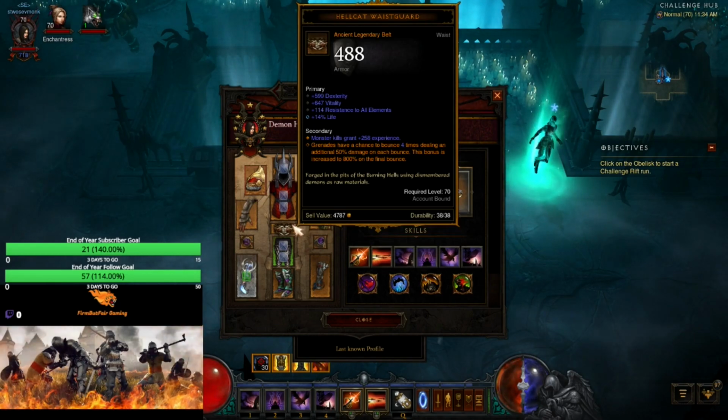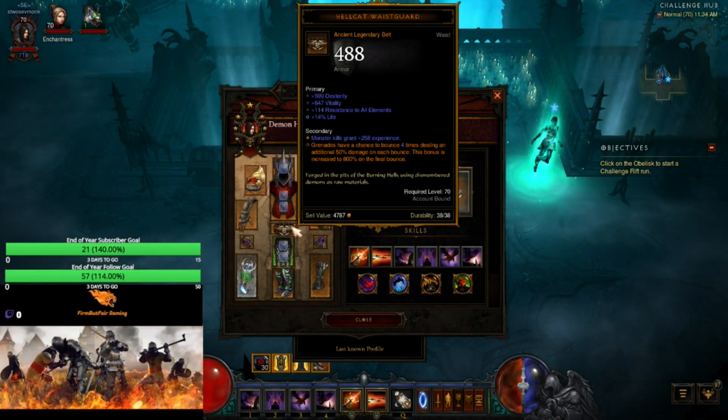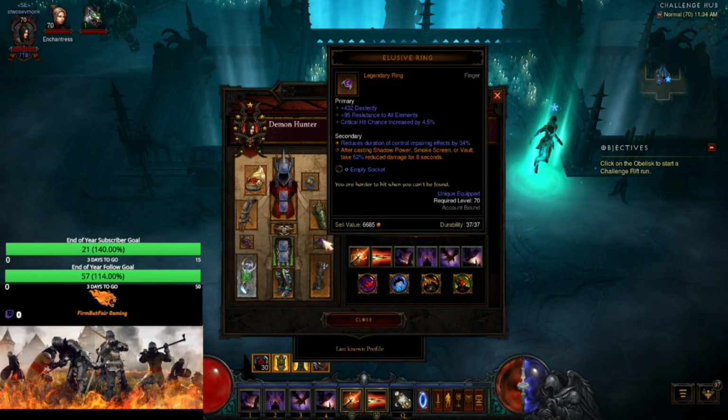The belt here, Hellcat. So grenades have a chance to bounce 4 times, dealing an additional 50% damage on each bounce. And this bonus is increased to 800% on the final bounce. The Cooney Prowlers, some move speed and attack speed on bracers. Elusive Ring, so after casting Shadow Power, Smokescreen, or Vault, we take 52% reduced damage for 8 seconds. So survivability here, we're going to want to use one of those abilities every 8 seconds to keep up